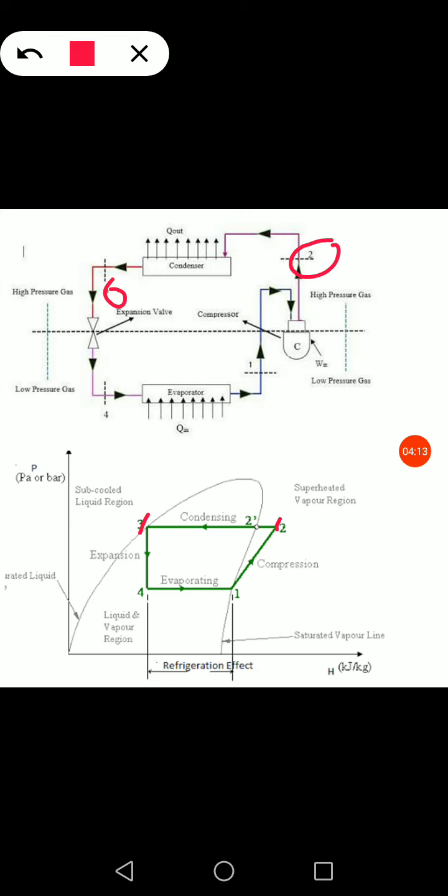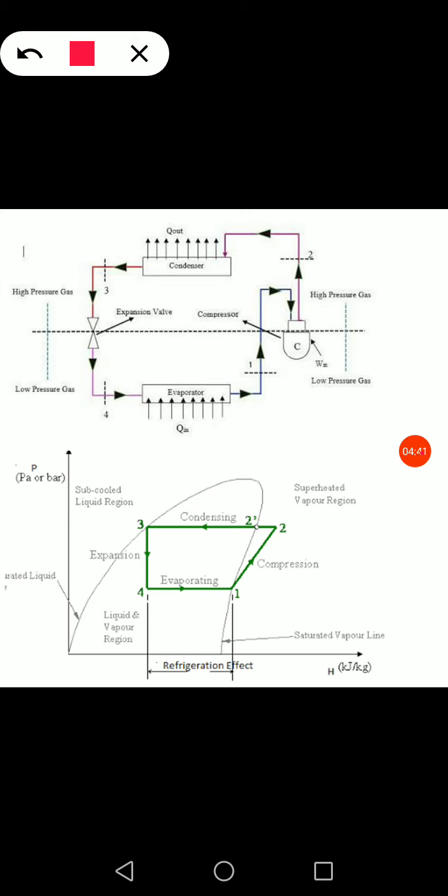Now during process 2 to 3, what happens as the liquid refrigerant enters the condenser? A cooling medium will be used in the surrounding of the condenser in order to cool the refrigerant that is flowing through the condenser. Now the cooling medium that is used for cooling of a refrigerant may be water or it may be air. So it will depend upon the